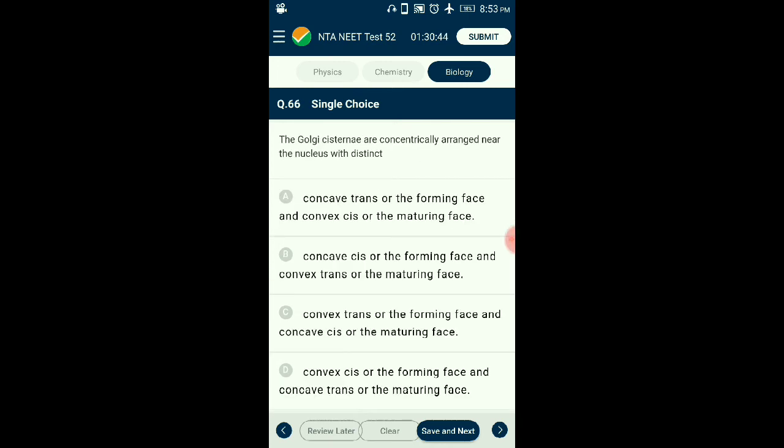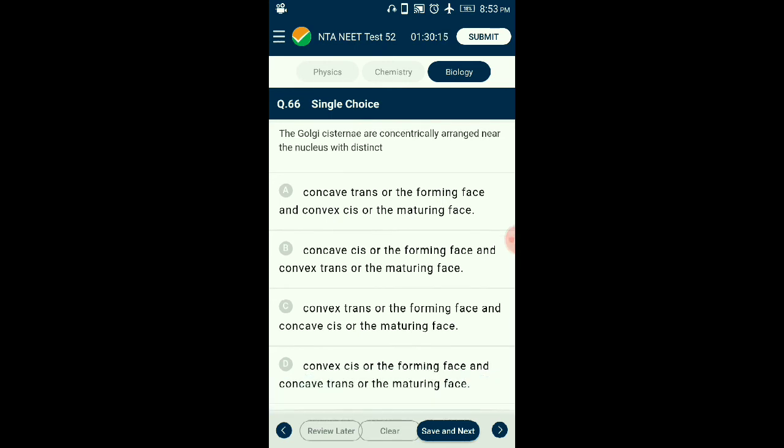Question number 66. The Golgi cisternae are concentrically arranged near the nucleus with a distinct. Golgi bodies consist of many flat disc-shaped sacs or cisternae of 0.5 micron to 1 micron diameter. These are stacked parallel to each other. A varied number of cisternae are present in a Golgi complex. The Golgi cisternae are concentrically arranged near the nucleus with distinct convex cis or the forming face and concave trans